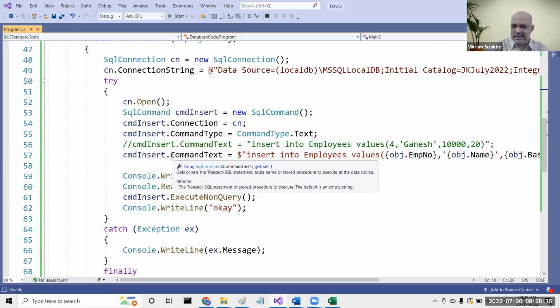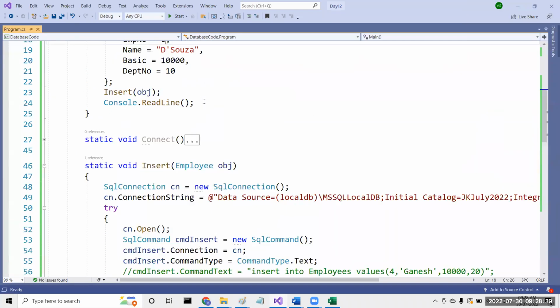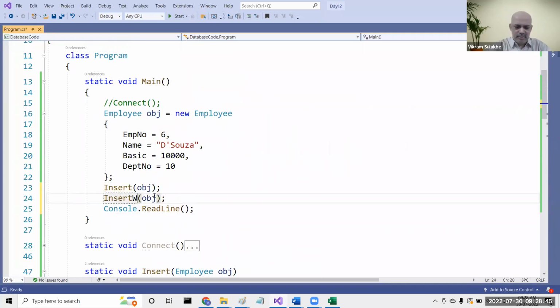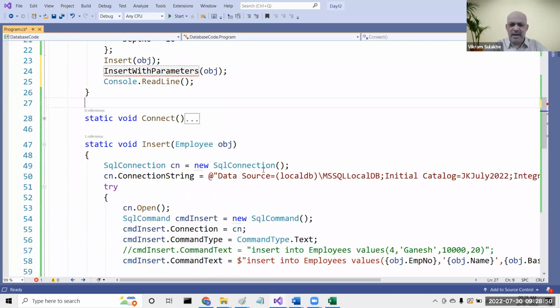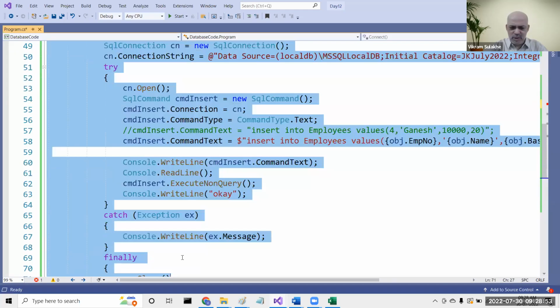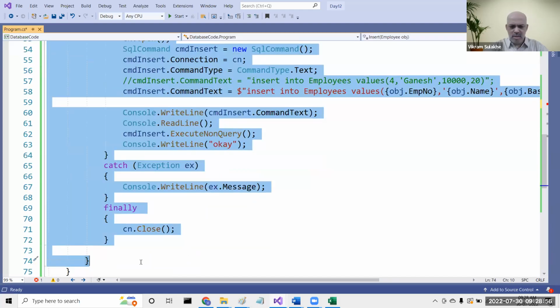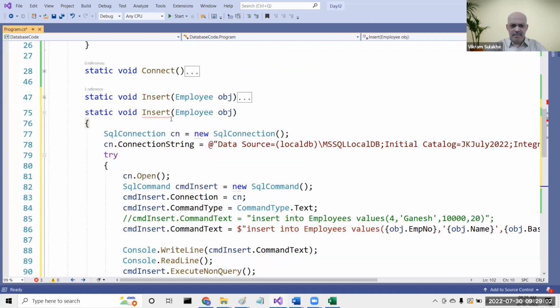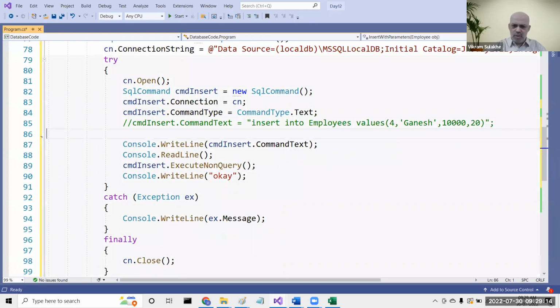So instead of using this out here, I'm going to actually use parameters. Let's see how this problem can be sorted out. I'm just going to copy paste this code and make a few changes in it. So how would the code look now? You would not use string concatenation. Instead,